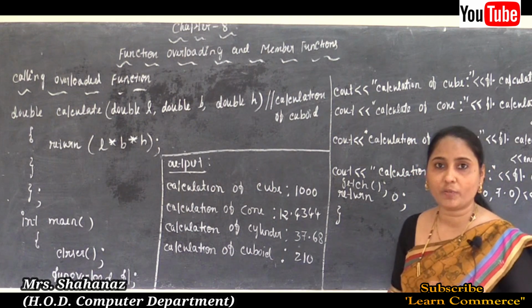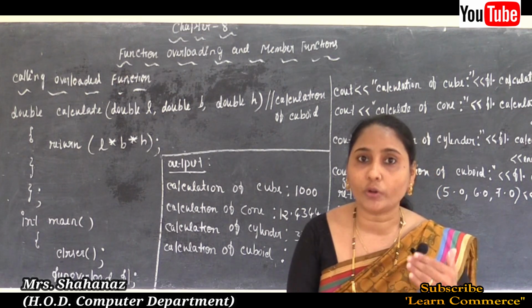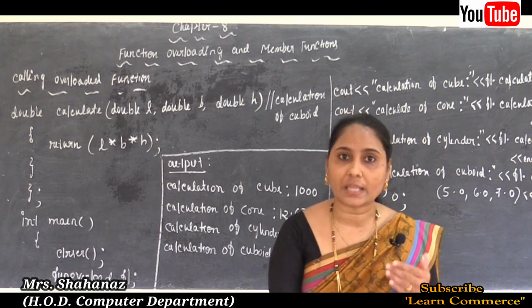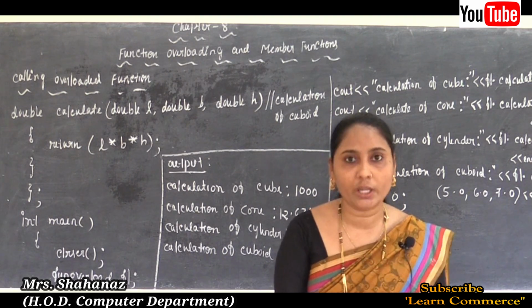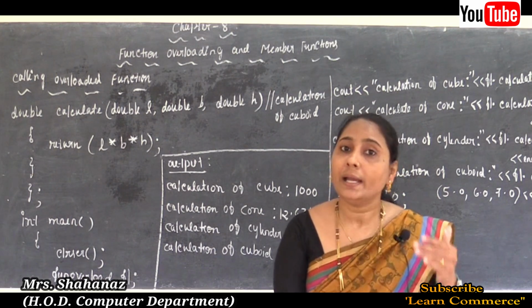That means whatever function the compiler wants to select, the appropriate function it wants to execute, such a function the compiler is going to select in our function overloading based on the number of arguments and based on different types of data.